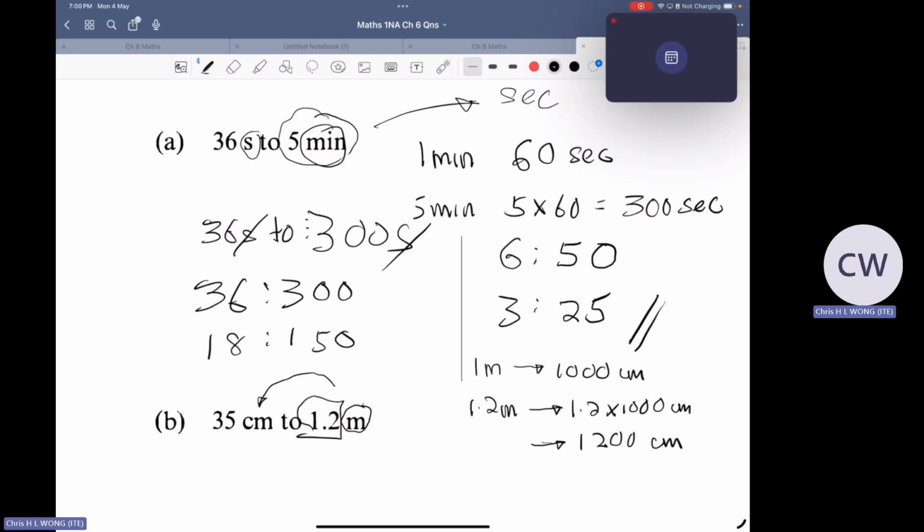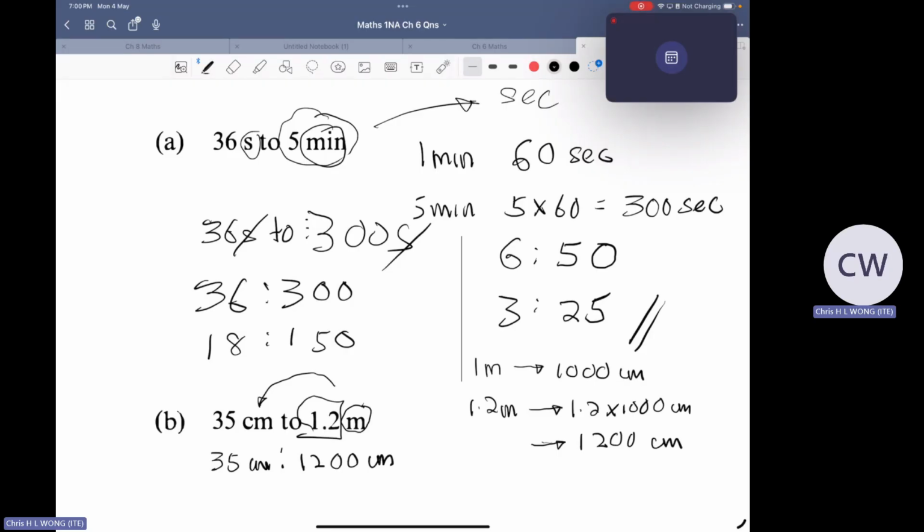If you're not sure how to move decimal places, take out your calculator to help you press. So what you have here is 35 cm is to